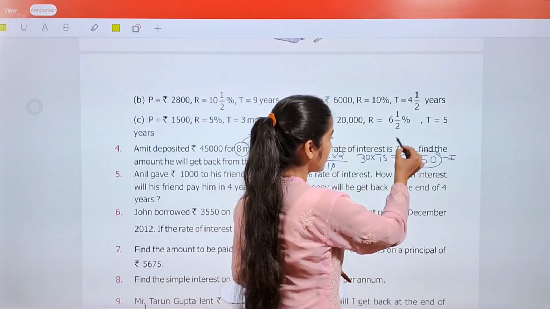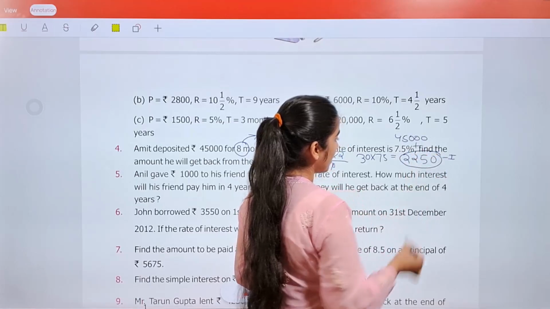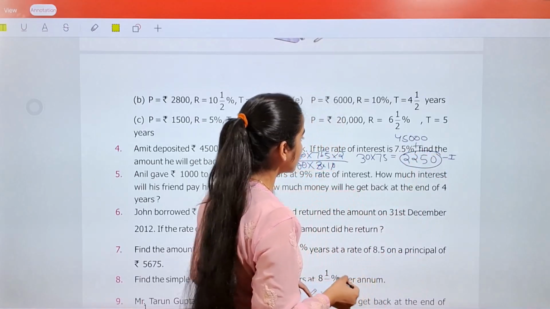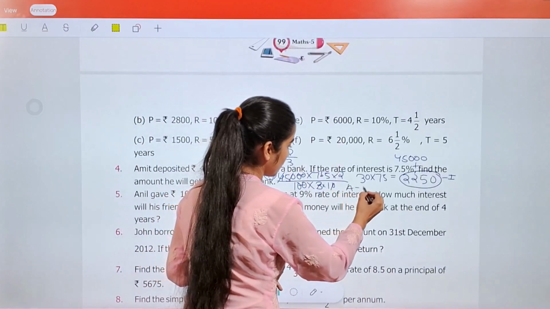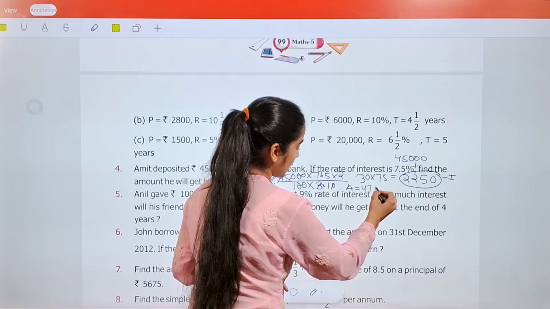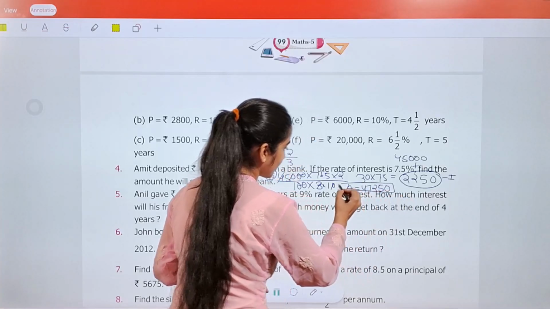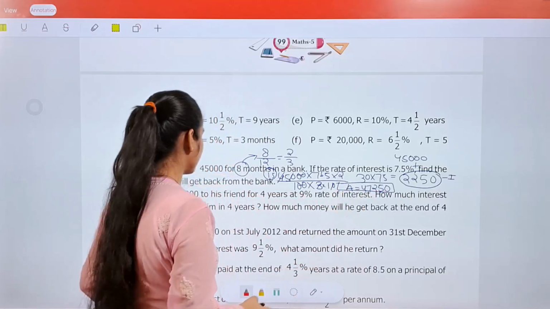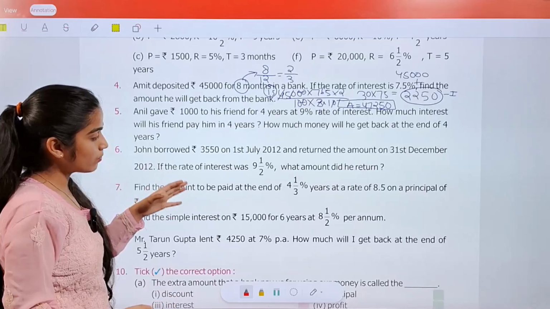45,000 में। So 4 2 प्लस आपका आंसर आ जाएगा 47,250। यहाँ पर लिख देती हूँ आंसर, अमाउंट इज 47,250। ठीक है, दिस इज योर फाइनल आंसर। नेक्स्ट, फाइंड द अमाउंट टू बी पेड एट द एंड ऑफ